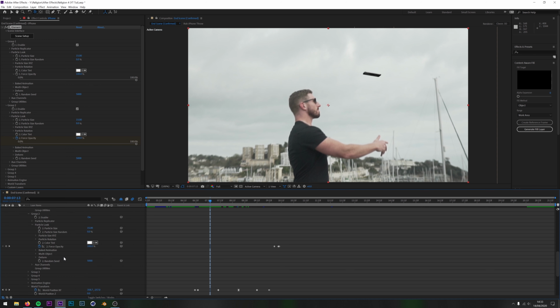I actually did have the phone and the glass in two separate groups. So the glass was on group 2 and the phone was on group 1. So if I didn't do it this way, then I would have had to do the keyframing for the glass and the phone on both of the groups, and it just gets very finicky having to mess around with more keyframes than you need to. So just using the world transform worked absolutely fine for this effect.